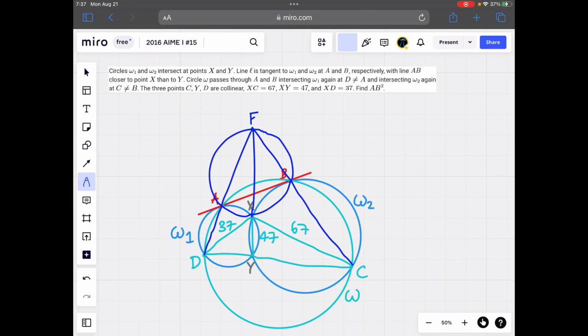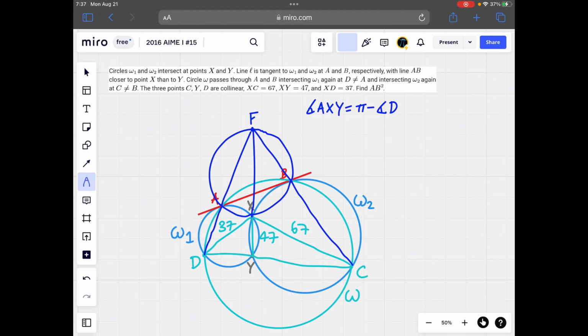And X is known as the Miquel point of triangle FDC with respect to points A, Y, and B on its sides. This theorem is also easy to prove. So let's prove it now. We have directed angle AXY is equal to pi minus directed angle D, from cyclic quadrilateral DAXY in